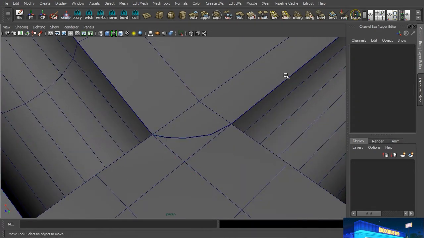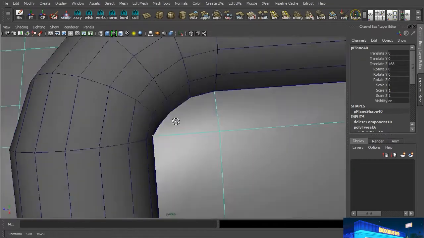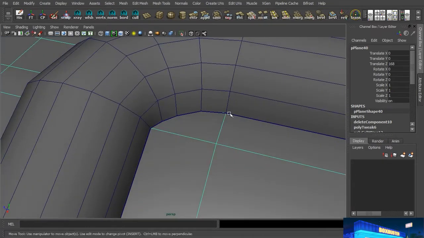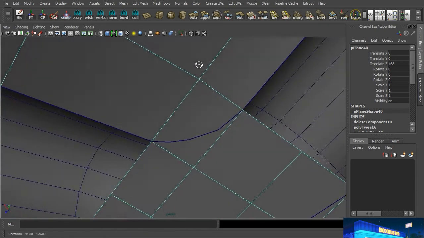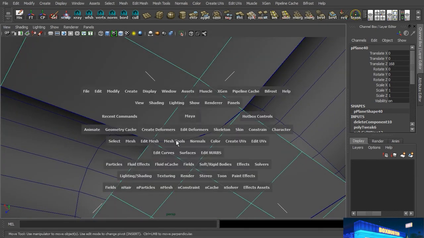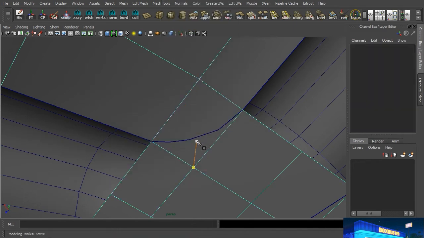Alright, so back here, we have this surface that we need to divide a little bit to get it to match this. And we do have 1, 2, 3 points. So ultimately, if we just split from here to here, that's going to give us 2 quads. Alright, so let's go over to here, and for this we're going to use our multi-cut tool, but we're going